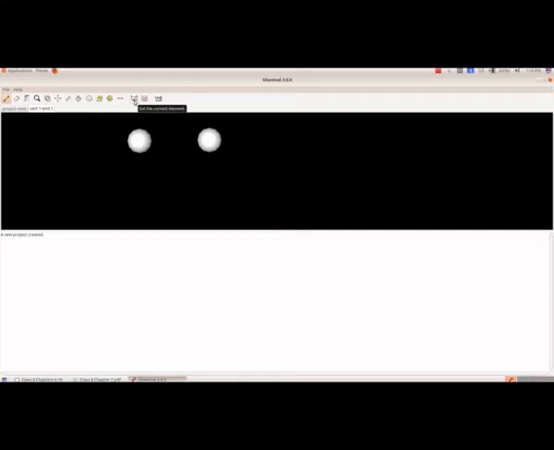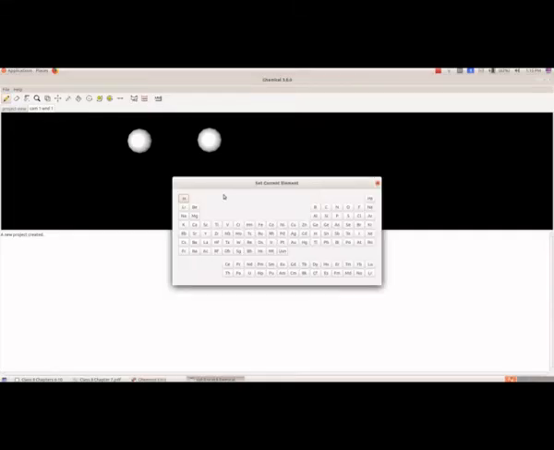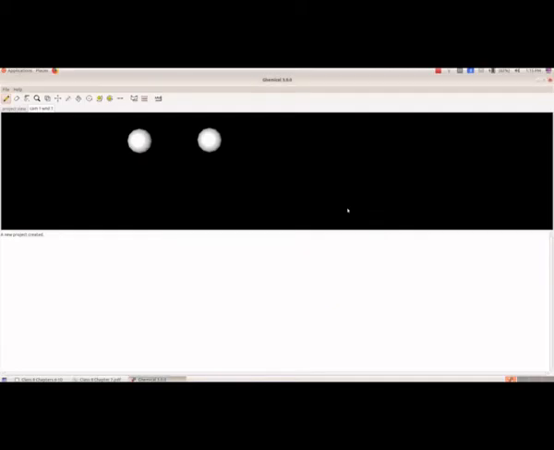So again we select set current element, and then select oxygen. We have already selected the draw tool, so when we click, we will get the oxygen atom. Now we have 2 hydrogen atoms as well as 1 oxygen atom.